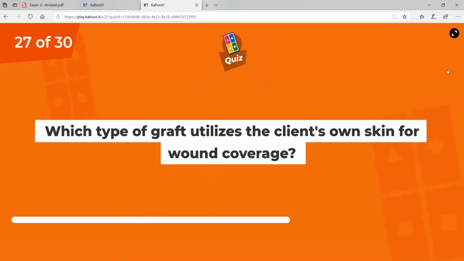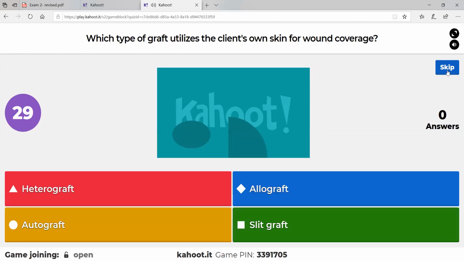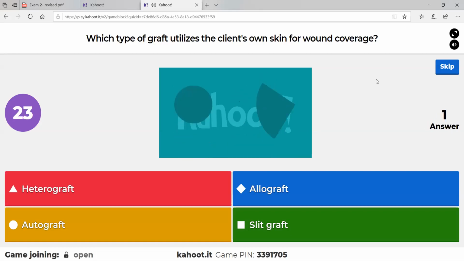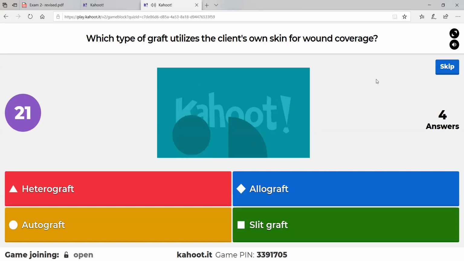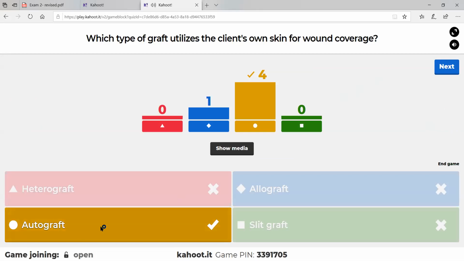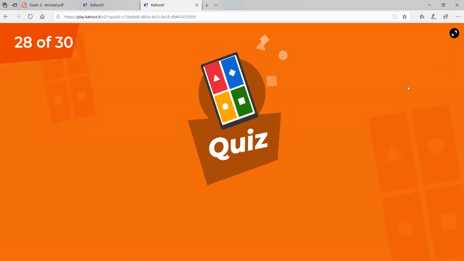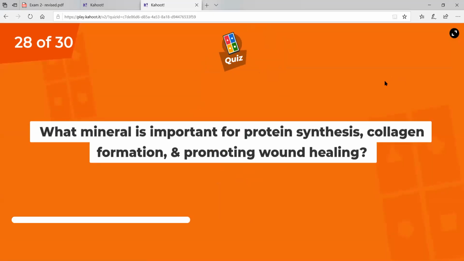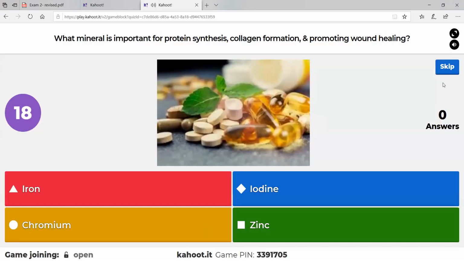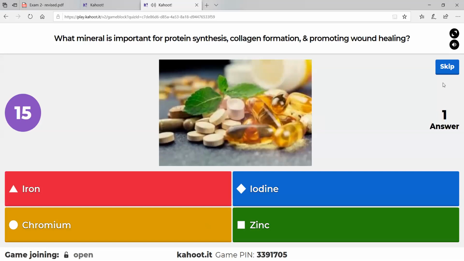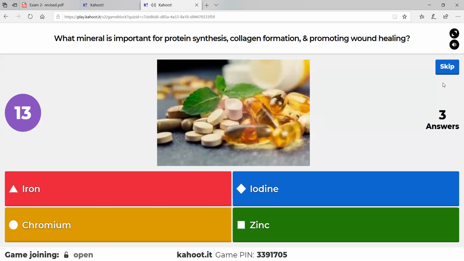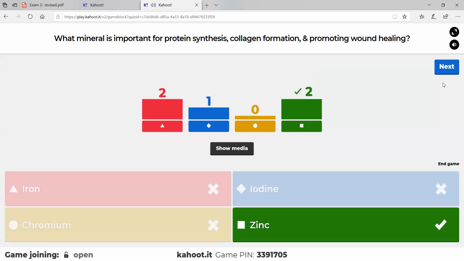Which type of graft utilizes the client's own skin for wound coverage? This is the autograft. Okay, what mineral is important for protein synthesis, collagen formation, and promoting wound healing? Zinc. I know that one's kind of hard, but